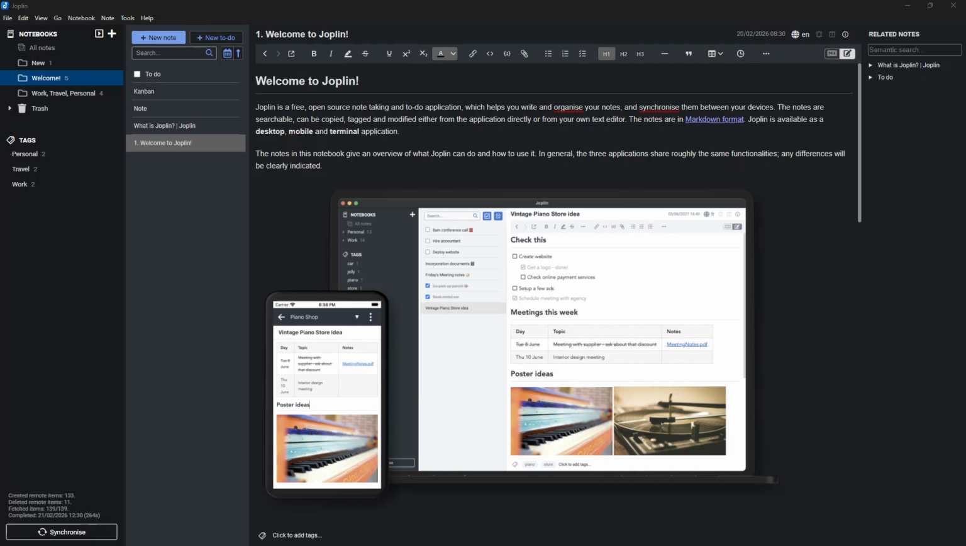In today's video, I'm going to teach you how to sync Joplin notes across all devices. If you've just started using Joplin, one important thing to know is that it doesn't sync automatically out of the box. You need to choose a sync target first. Think of a sync target as the place where your notes are stored so every device can read and write